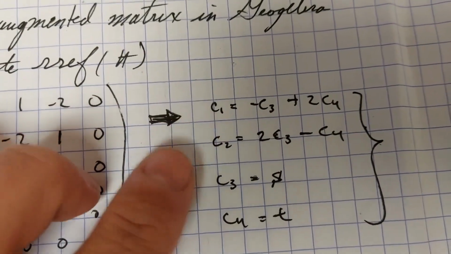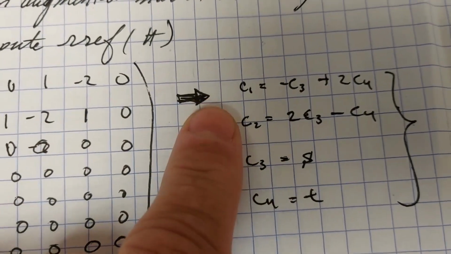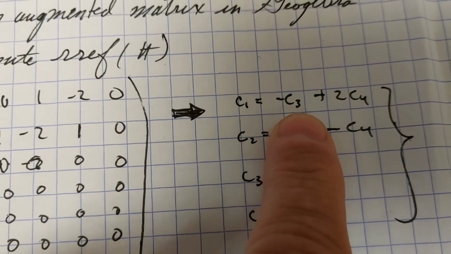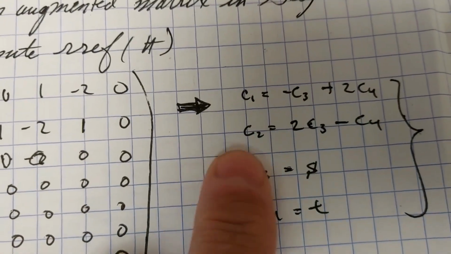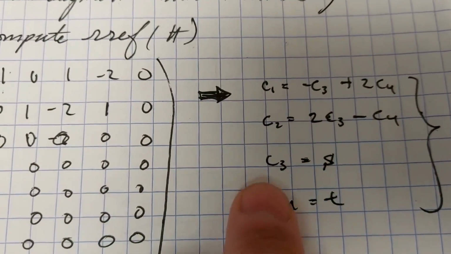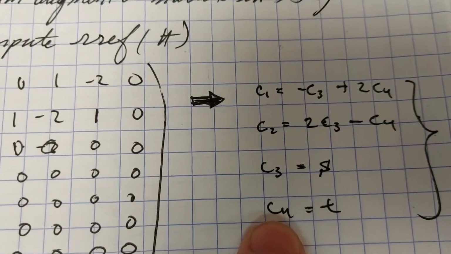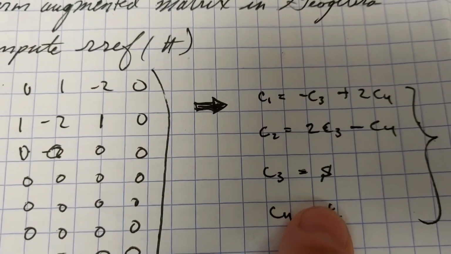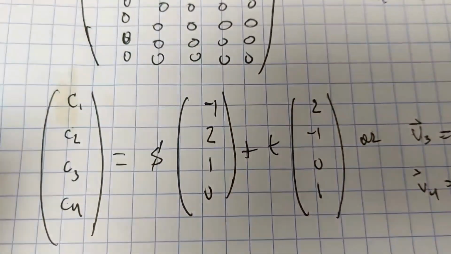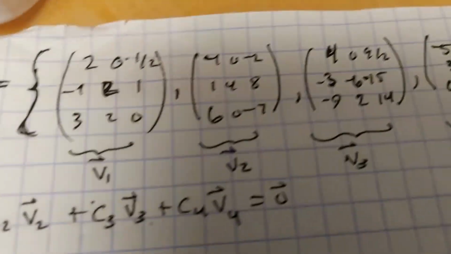Okay, and that produces then the corresponding relationship that c1 is equal to the opposite of c3 plus c4, c2 is equal to 2c3 minus c4, and then we have 2 parameters, or 2 free variables, c3 and c4. So we're going to let c3 equal s and c4 equal t. Okay, and in doing so then we can finally state that not only is our original set linearly